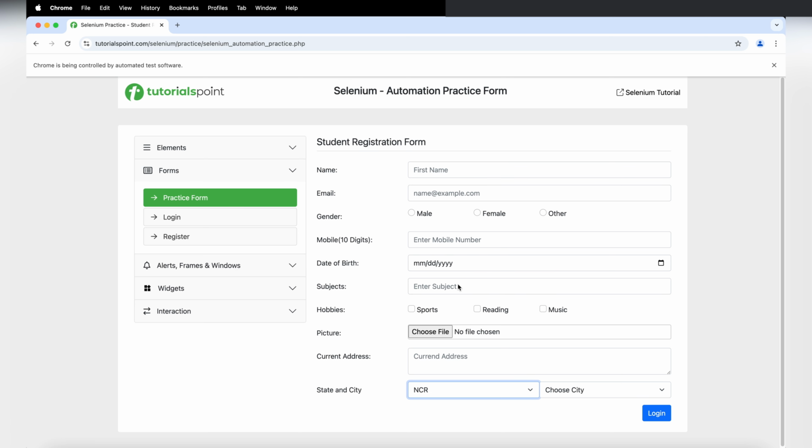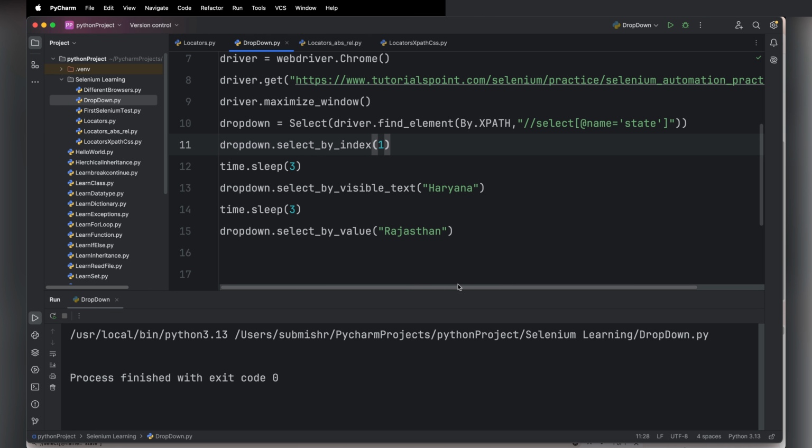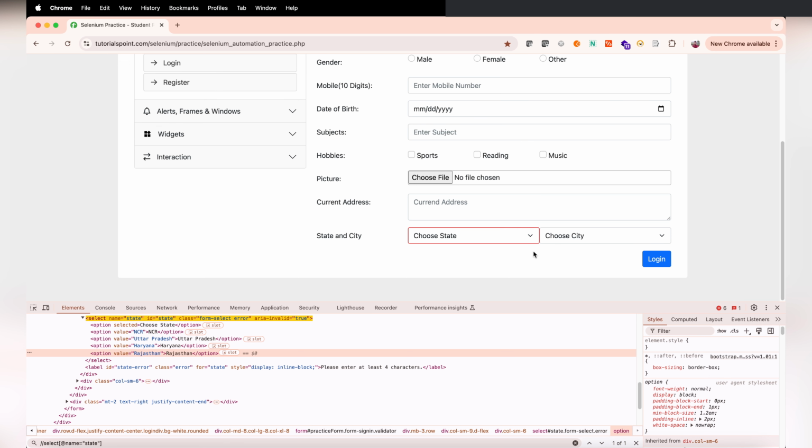So NCR got selected, then Haryana got selected, next thing is Rajasthan got selected. So you saw how select by index, select by visible text, select by value works. So you can use all these methods to select a value from a drop down. One more thing: here you see you have 1, 2, 3, 4 different options available to select from